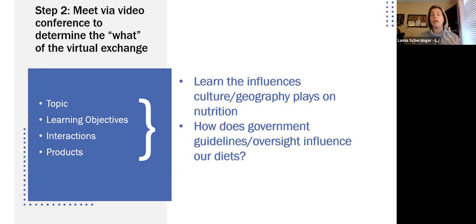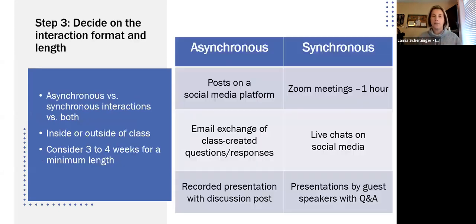Or for example, in the United Kingdom, they have a sugar tax. We have tried that in the United States, didn't go over very well because it's the whole impingement of freedom of what you're eating. And so while some states, some cities implemented it, it went away. But in the UK, it's been in there and it's done fine. So why is that? What influences that? And could something like that ever be put into another country? And it allows for a lot of discussion there.